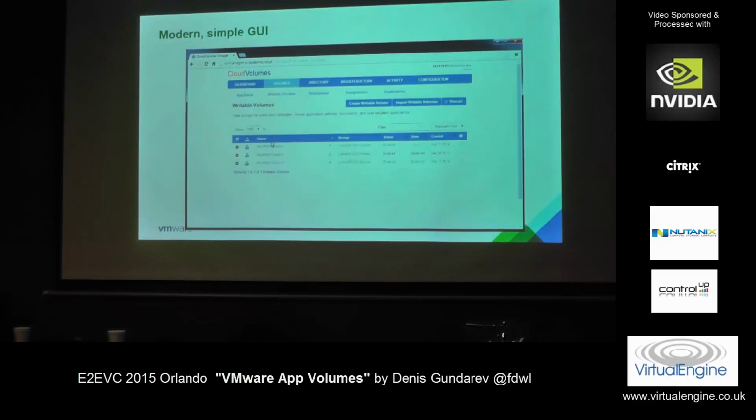What's next? You can create writable volumes. Basically, every user will have a VMDK or VHD file, which will be attached to the VM when the user is logging in, and all changes are stored there. There are actually three built-in templates that we have. One template for a writable volume will capture only stuff that goes to the user profile. Another template is